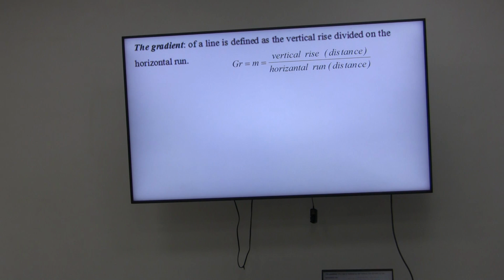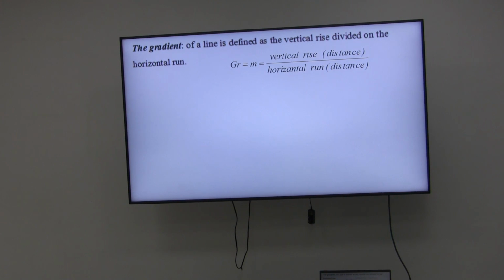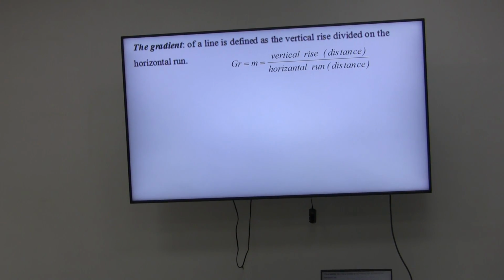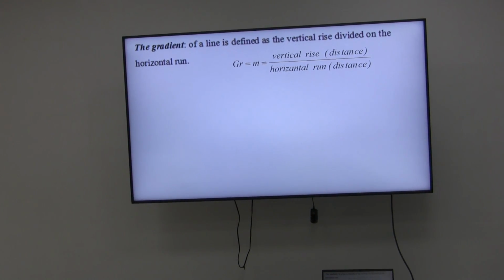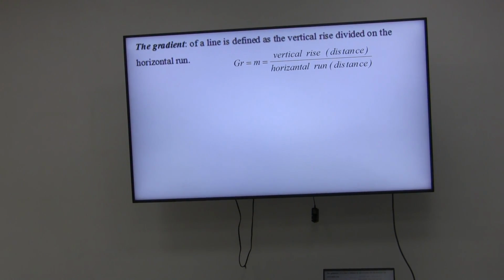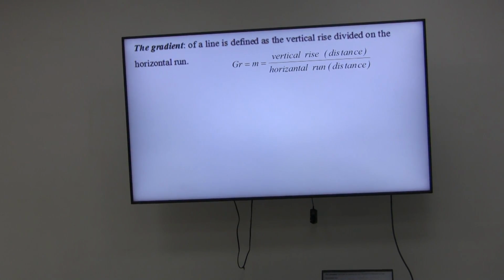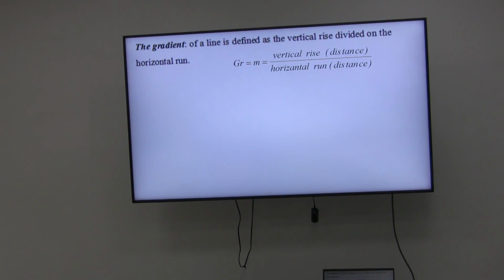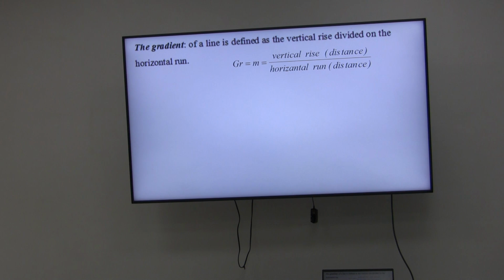Then what is the gradient? The gradient means the slope. And what is the slope? The slope is the vertical rise over the horizontal run, or the difference in y over the difference in x. By the way, the slope is very important, because the slope or the rate of change is the entrance to the derivative. Derivative is defined as the continuous rate of change of a certain value. So it's very, very important. So a gradient is really very simple.